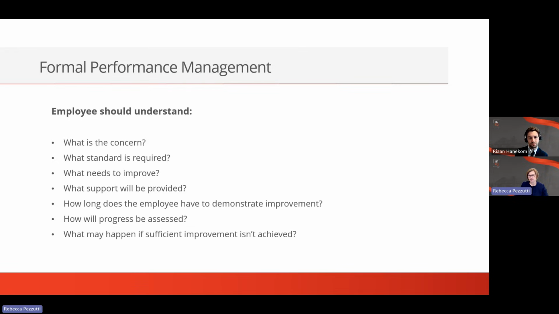Generally speaking, my view is that warnings have very little, if any, utility around improving performance, except if there are behavioural aspects of the underperformance. If the underperformance is a capability issue, I think inevitably after a PIP that's failed, you're going to be considering termination on the basis that the employee lacks the capability to do the job from a performance point of view, and asterisks, putting aside any medical or other issues that might impact performance.